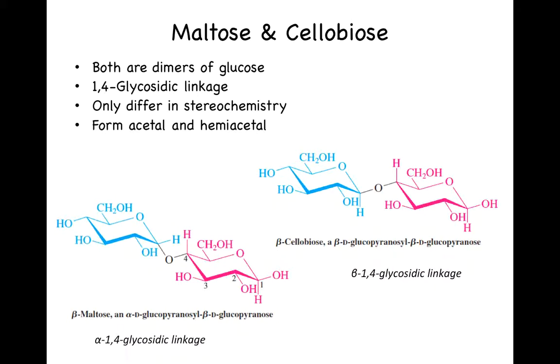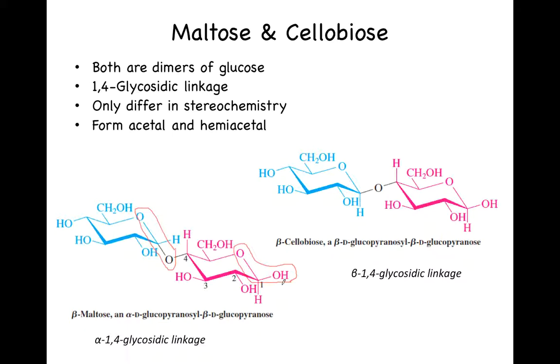Maltose and cellulose are composed of two glucose molecules. Instead of connecting their anomeric carbons, maltose and cellulose are formed by a glycosidic linkage between carbon number 1 of one glucose molecule and carbon number 4 of the other glucose molecule. Also, they form only one acetal linkage and one hemiacetal linkage. So if you want to show it in here, we have one acetal linkage because the carbon is attached to two OR groups, and we have one hemiacetal linkage because the carbon is attached to one OR group and one